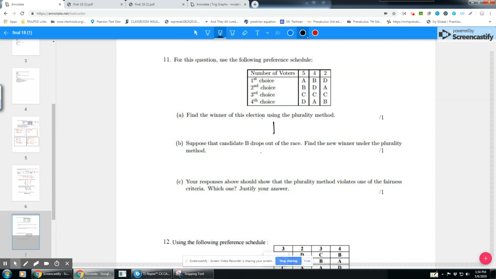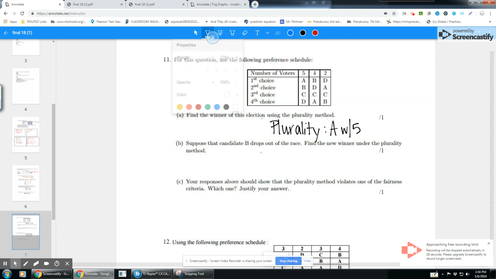Find the winner using plurality. Your plurality winner here, rather straightforward, is going to be A with 5. Suppose candidate B drops out. So we're going to pretend that B does not exist. We're going to pretend that B is not there. So if we get rid of B in every case,